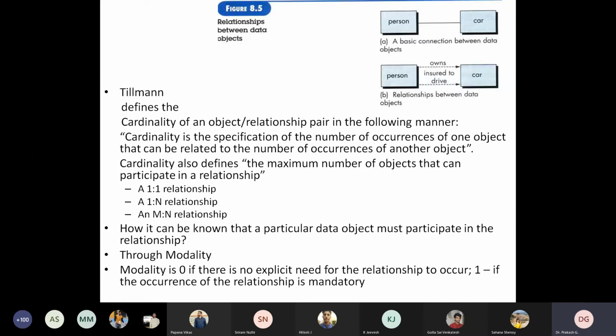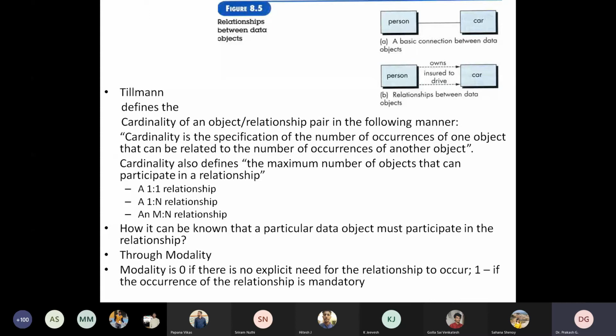Just think about our student management system. What is the mandatory relationship here? A student should enroll for a minimum of 5 courses in a semester. He cannot say, I do not want to enroll in any of the courses in this particular semester. That is not at all possible. At least a minimum of some 5 courses, depending upon the academic curriculum and syllabi. So no student can deny and say I am not going to register for any of the courses. That is not at all possible. So there the occurrence of the relationship is mandatory.